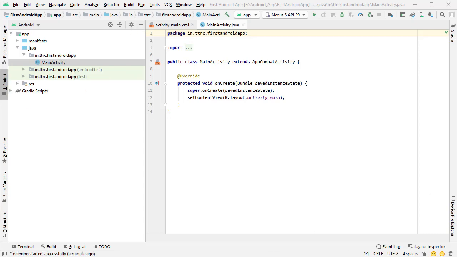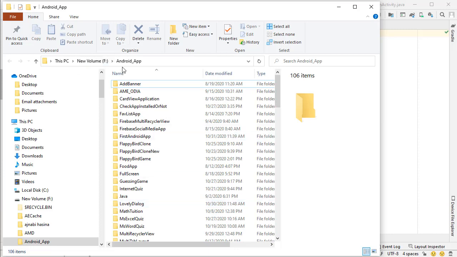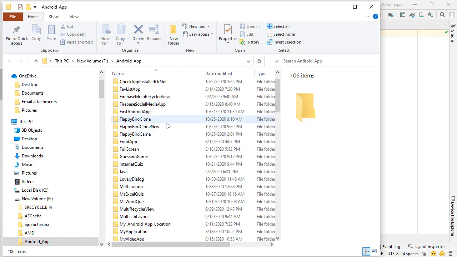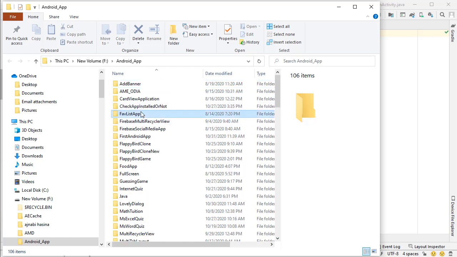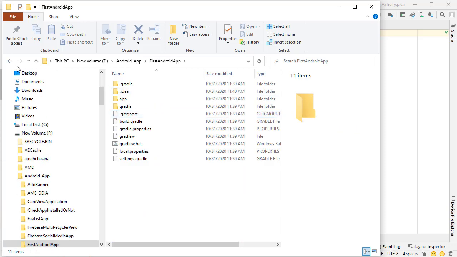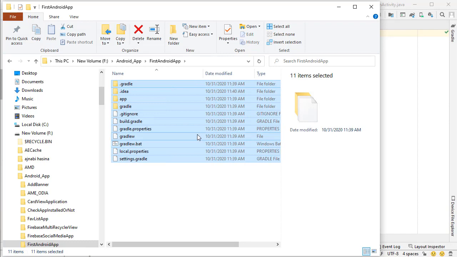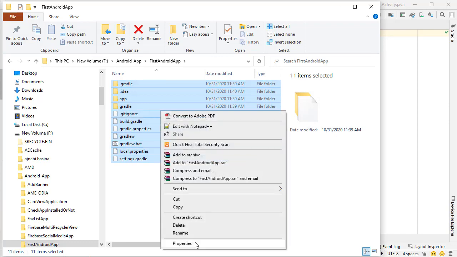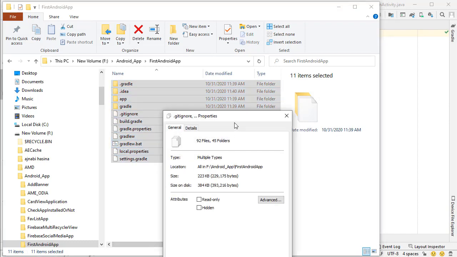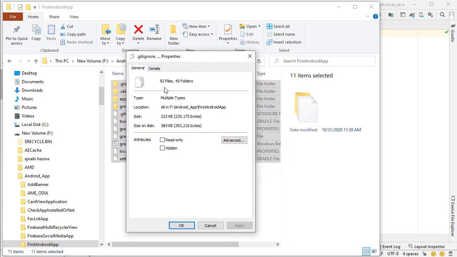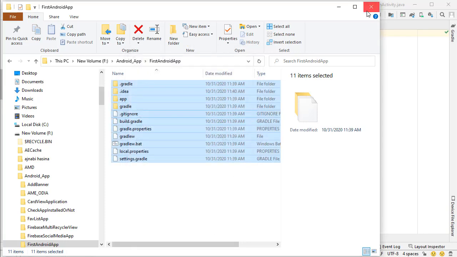Now I will show you this F Android app folder. We will see the first Android app folder. These files are created automatically by Android Studio, and if we check the properties, there are 92 files, 45 folders, approximately 384 KB.